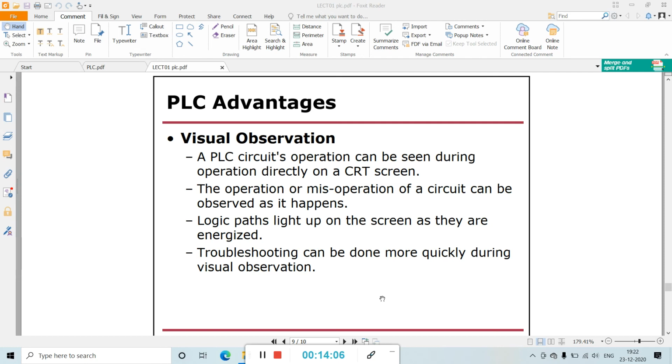By using visual observation we can troubleshoot quickly. We can find the logic paths lit up on the screen as they are energized, so that we can know which function is going on. The operation or misoperation of a circuit can also be observed from visual observation.